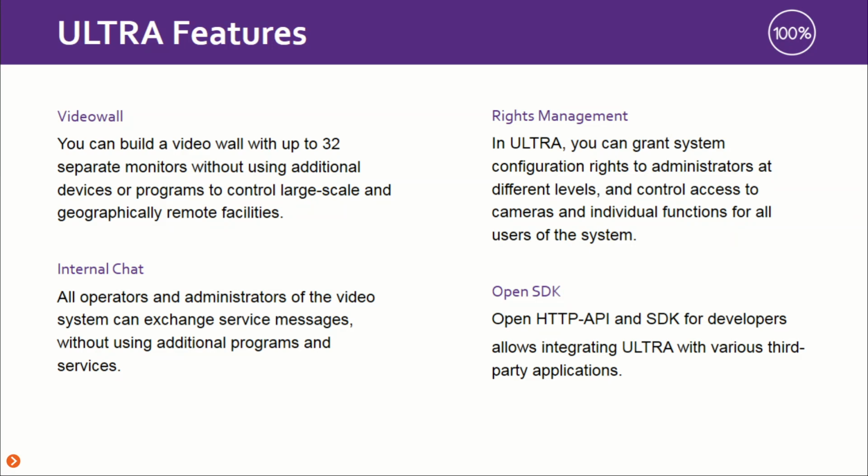Rights management: different levels of controls and access can be provided by selecting the options available. You just need to check or uncheck the options, and users can be added from Active Directory as well if Active Directory is working in your domain. If VMS is going to be part of a certain domain, you can use users from Active Directory. Credentials will be authenticated by the Active Directory, then privileges will be set by Eocortex.